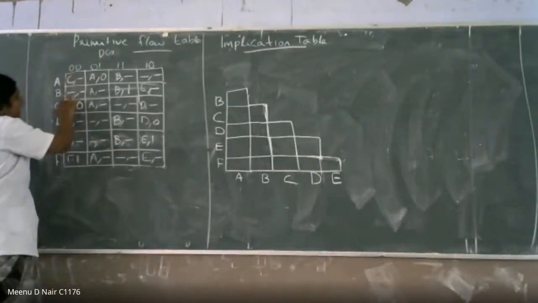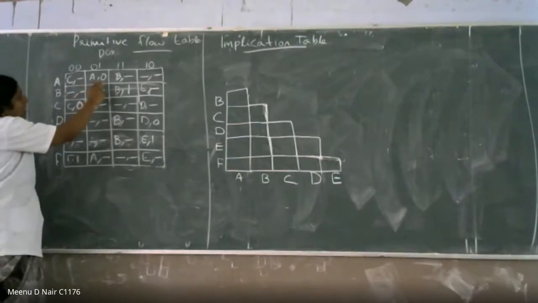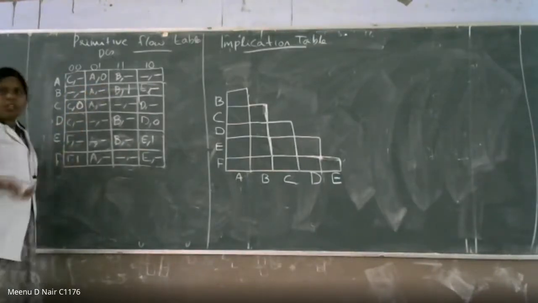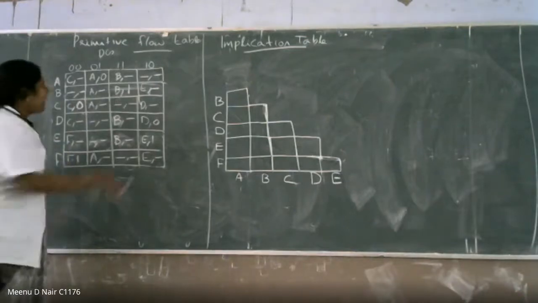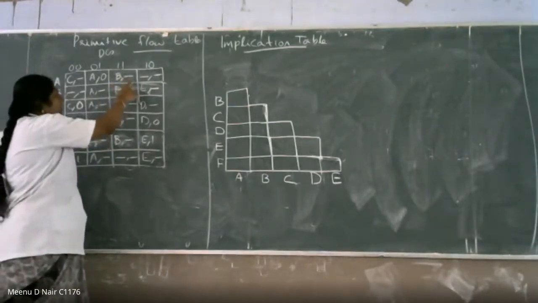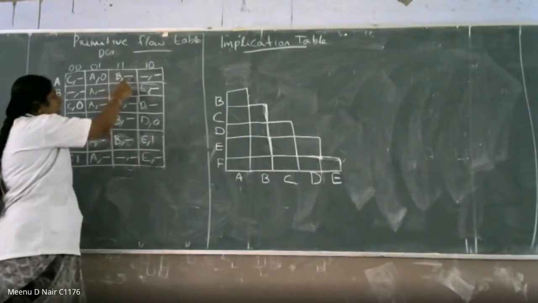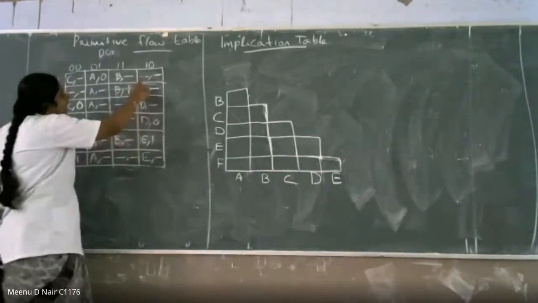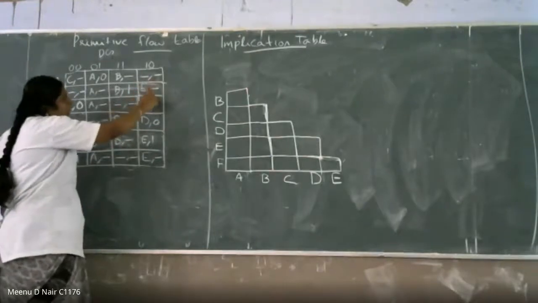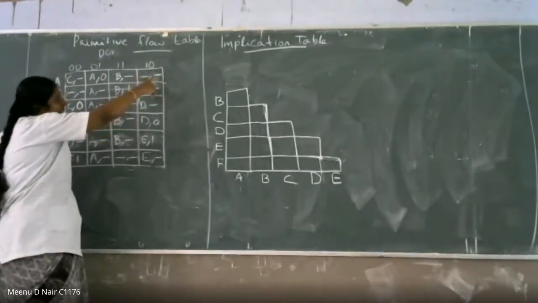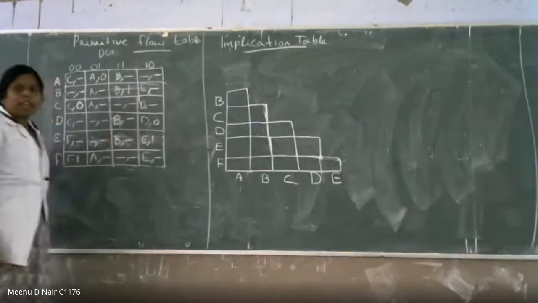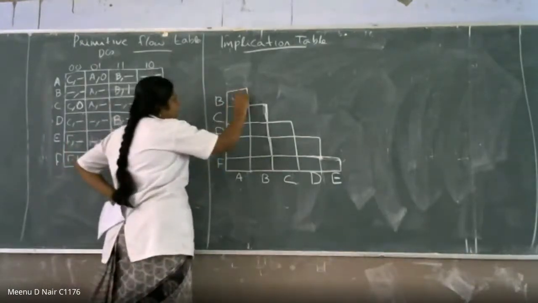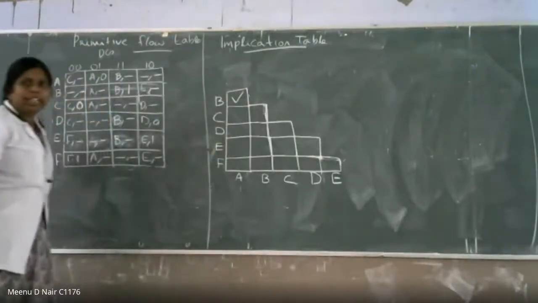So these cells are comparable. Here it is A comma 0 and A comma dash. Because here it is dash, it is not a problem. You can compare the same thing. Then it is coming to this cell, B, dash comma 1. Dash and 1 is comparable. Here dash comma E, dash comma dash, so both the dashes are here, so it is also comparable. So what is the meaning? Cells A and B are comparable. So you are putting a tick mark here.